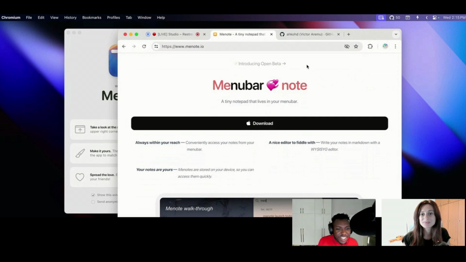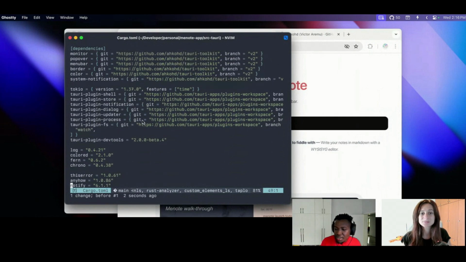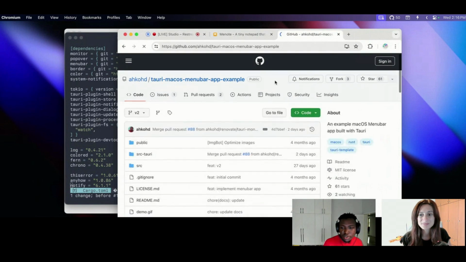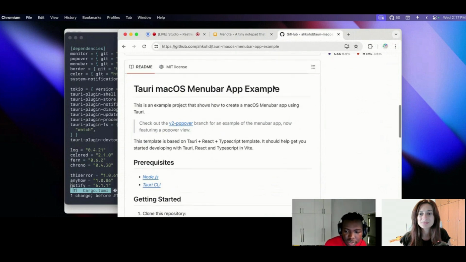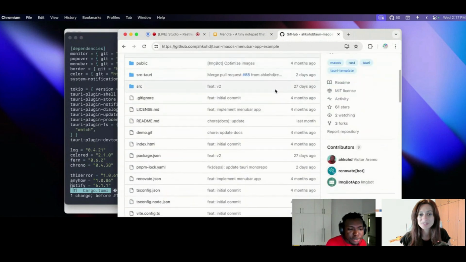It is kind of, but it's not. I'll explain. Before that, the project is on Tauri V2, and I use a lot of Tauri plugins. Why we say the project is kind of open source, but it's not, is because part of the work I was doing on Tauri was building some templates for developers to easily build certain apps with Tauri.